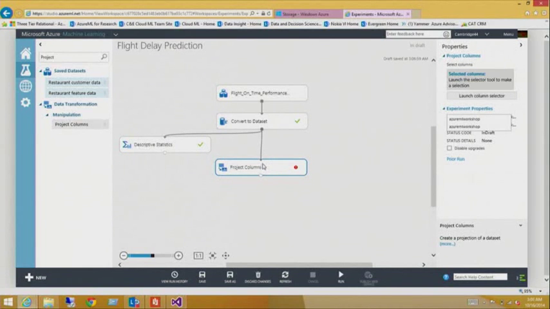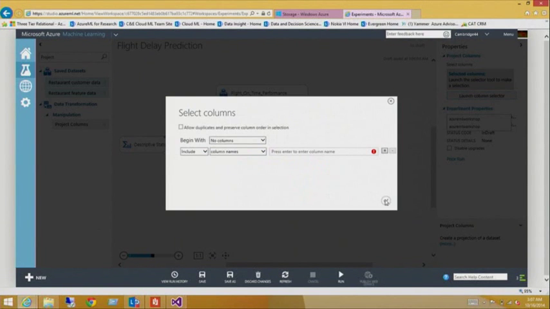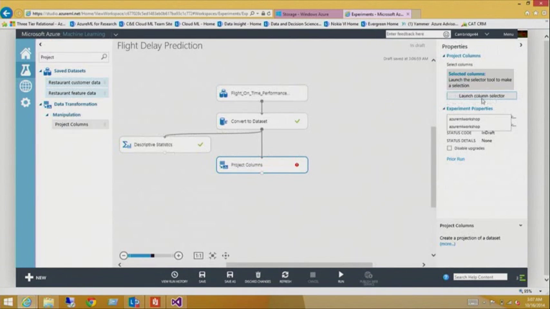And what we're going to do is introduce a new idea or concept. As you remember, there were a number of fields that we did not want to include in the data set because they were target leaks. Those included the departure delay, the arrival delay, whether or not it was canceled, and so on and so forth. So what we're going to do is select what's called a column selector here. Oops, let me just cancel out of here. This launch column selector, basically what it's doing is informing, you know what, let me just,